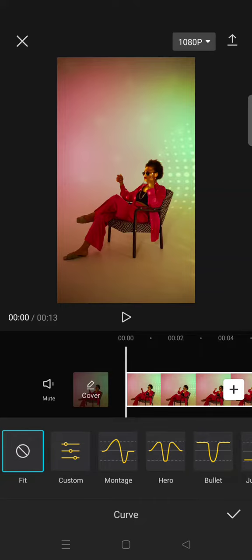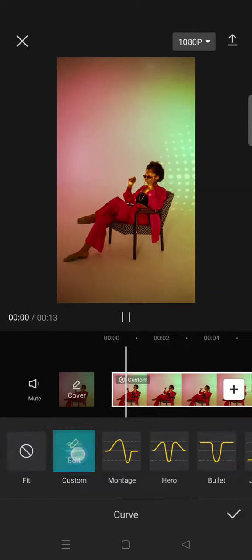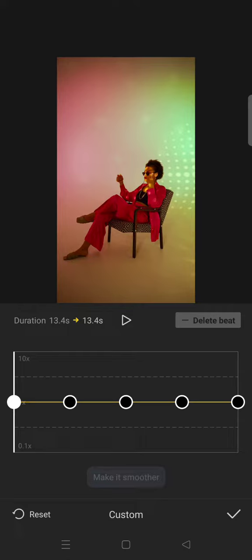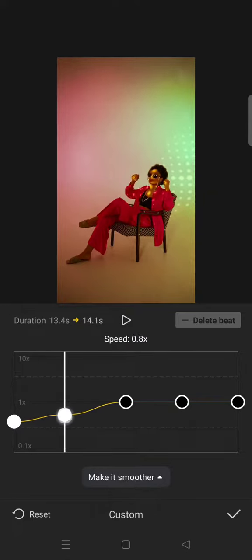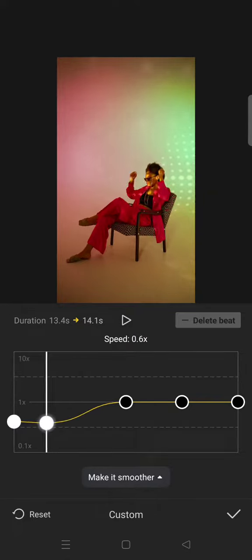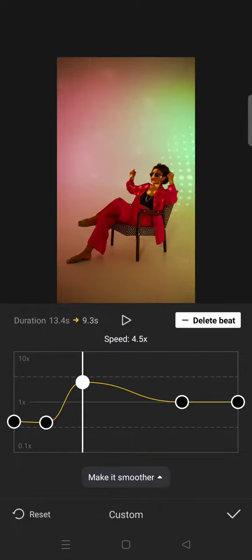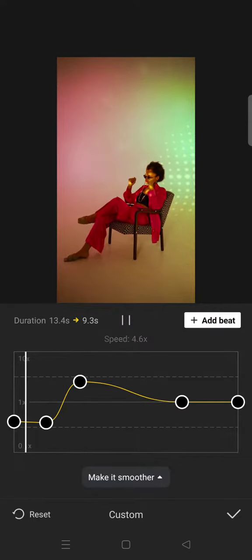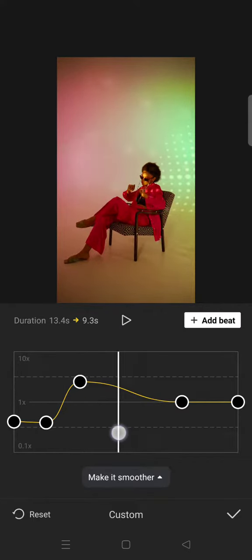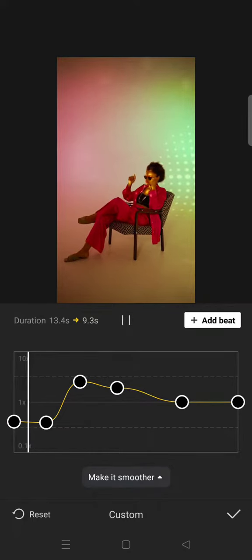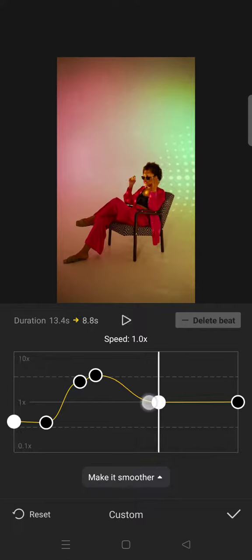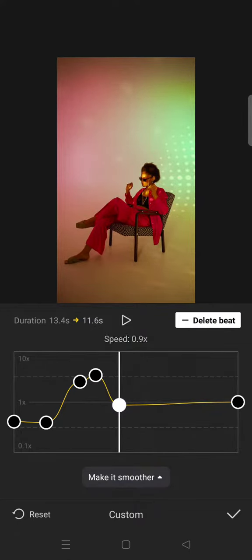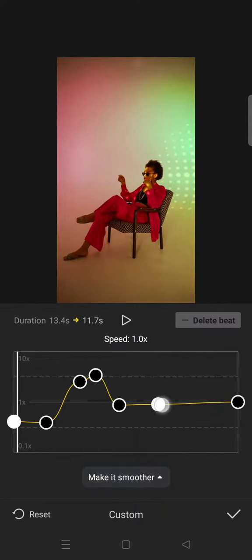But if you want to create a custom curve speed, you can just click on this custom and you can adjust it on your own. So for example, I want to make the beginning slow and then speed up at the center, and you can also add another beat by clicking on the add beat button at the top like that, and you want to make it slow like this, add another beat if you want,